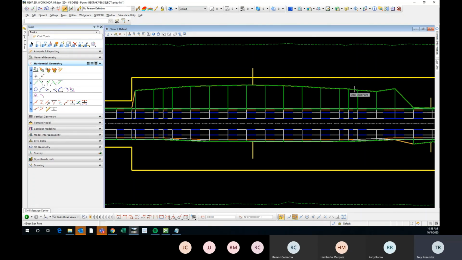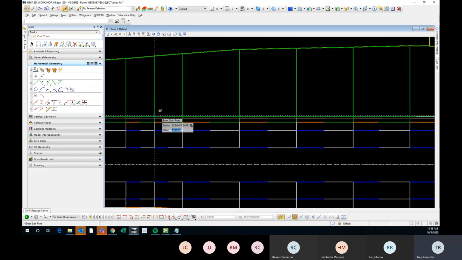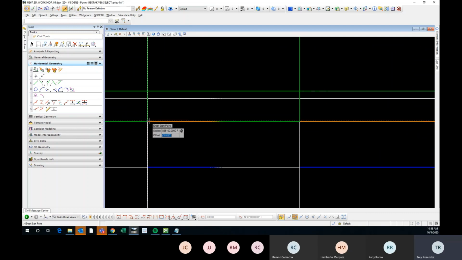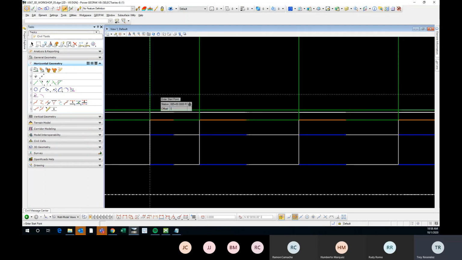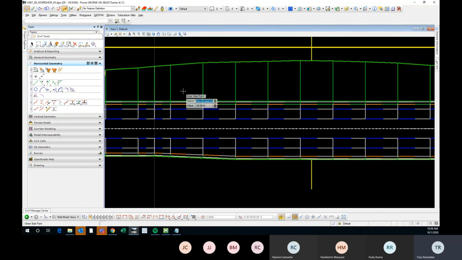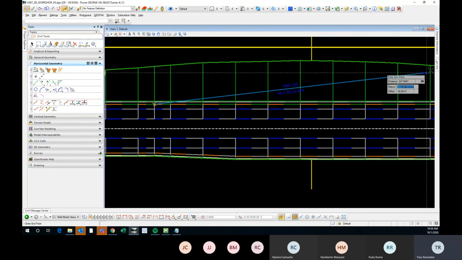So if I use line between points and I use my civil AccuDraw, then I'll use these same station ranges. We'll do 85, and let's see what the offset's going to be. So this is 30. It seems 30. So I'll use 30, and then at